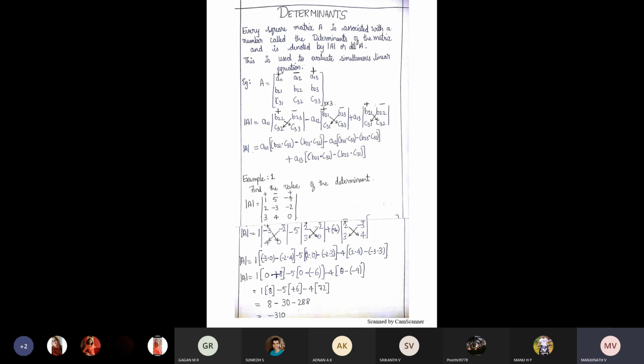Just substitute all the values in the final equation, simplify and give me the answer. Use your calculators, multiply and subtract and then add. Use the same formula. I have not taken any minus signs within the elements.